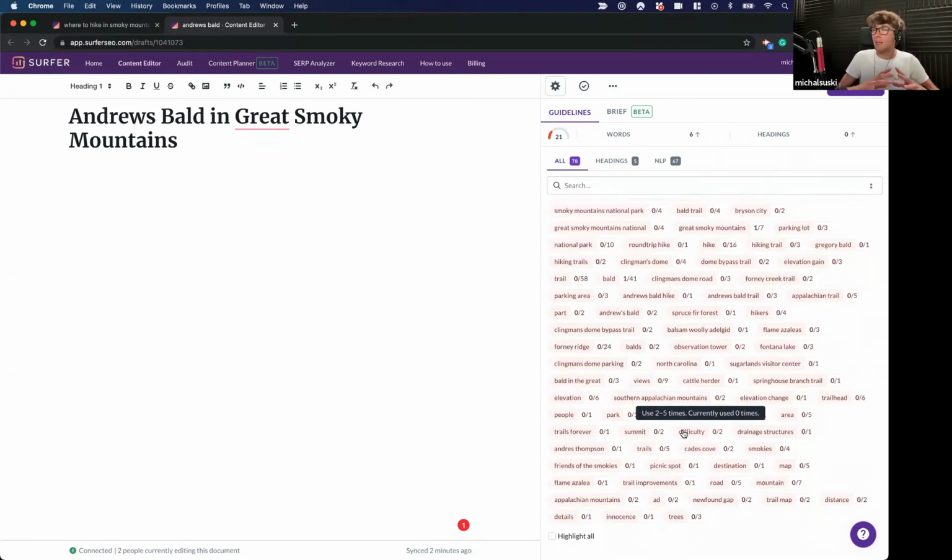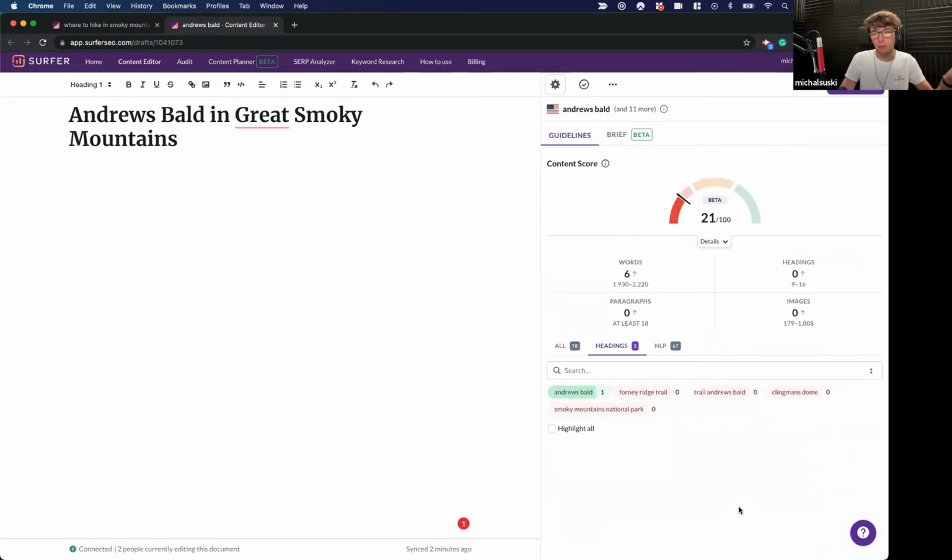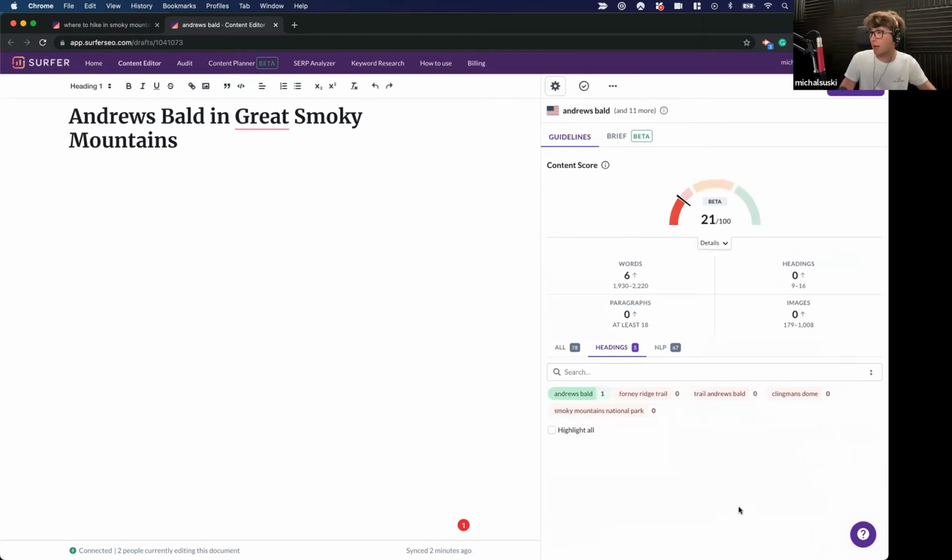So all of these phrases will be a spine. And when you click on heading spy, what does that do? Yeah, it will show you 5 keywords that you should consider using in a heading. Like if I see Smoky Mountains National Park, let's create an H2. Okay, Smoky Mountains, and it will tell me, okay, I got it.